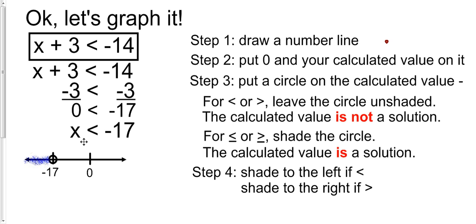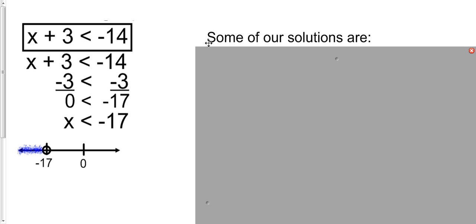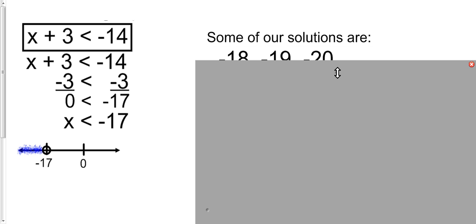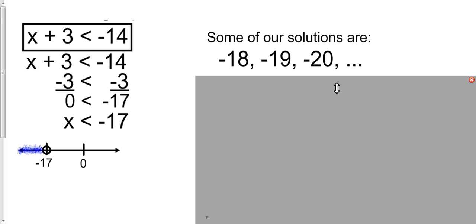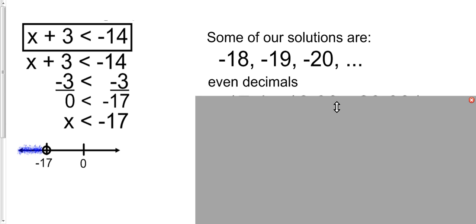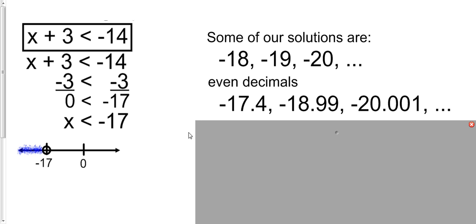Okay, so this is our graph of our solution. Everything less than negative 17, not including negative 17. Okay, so some of our solutions are negative 18, negative 19, and negative 20. They all appear in this shaded side of the graph. Even decimals, negative 17.4, negative 18.99, and negative 20.001,